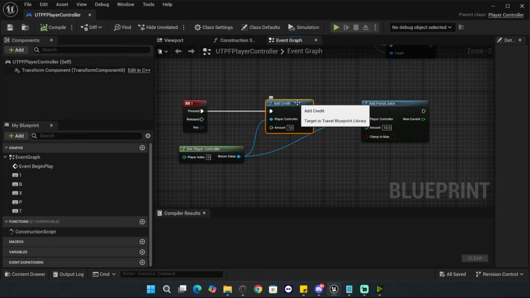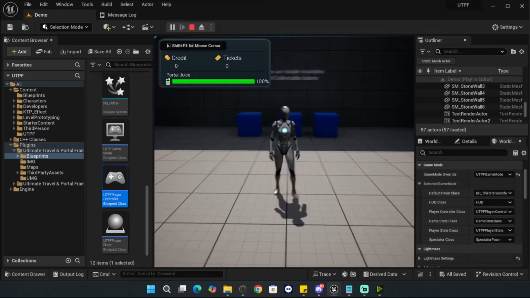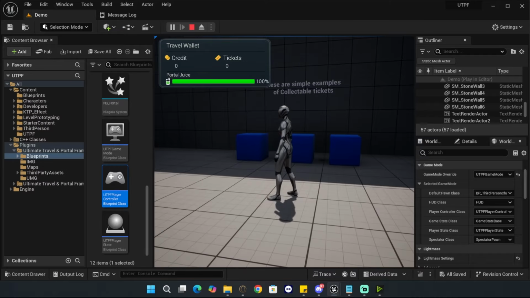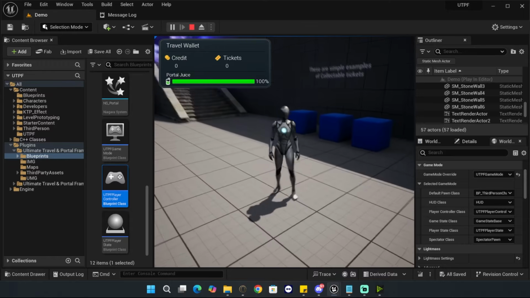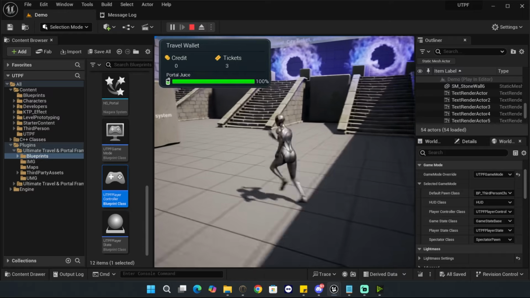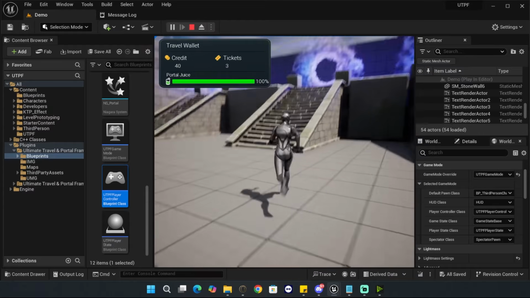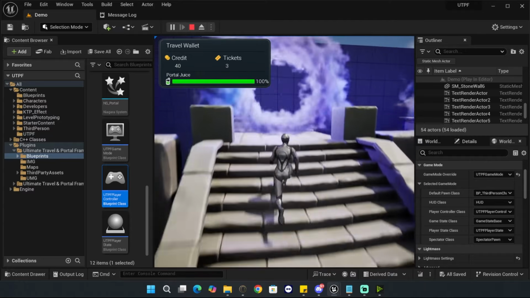You can add credit through a button, or if you want, let me show you how to. Here I created simple samples of collectible tickets. I pressed B to show the wallet, and I collected the tickets. I press 1 to increase my credit. This portal will request tickets. So if I go to that portal,